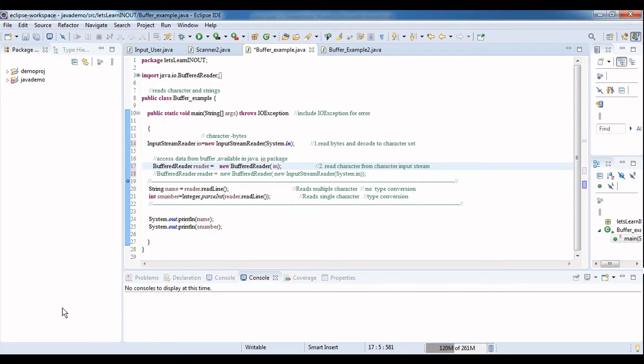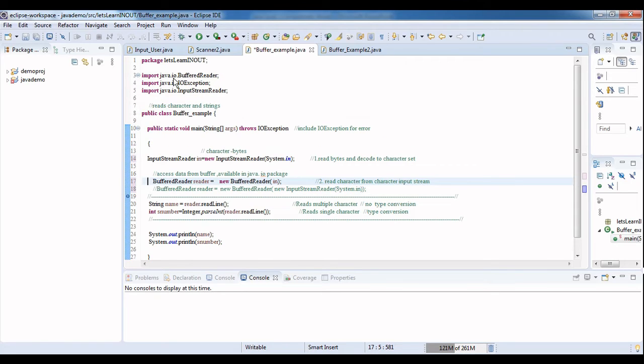While I am using this, I need to have the import packages. One is BufferedReader, second is IOException, and another is InputStreamReader. You are clear? I am going to use BufferedReader to get information from the keyboard. So while I am using BufferedReader, what happens? I will have information from the keyboard, that is System.in. It will be in byte, that needs to be converted into character set. The InputStreamReader is used. From InputStreamReader it will be stored in the buffer. So three things are happening, right?